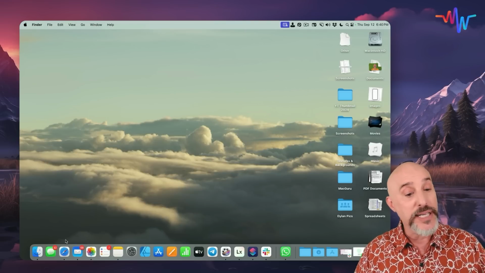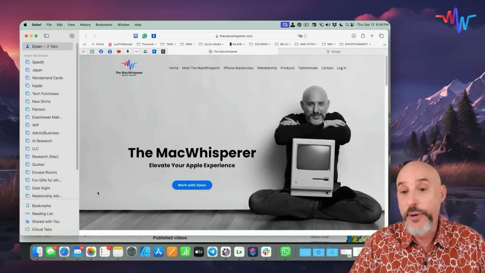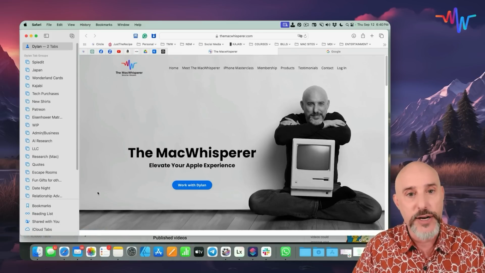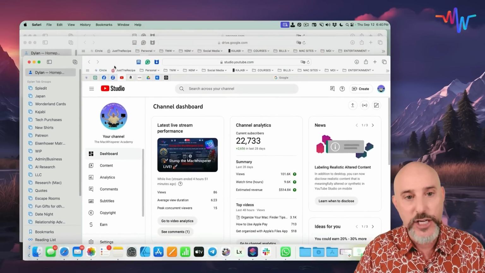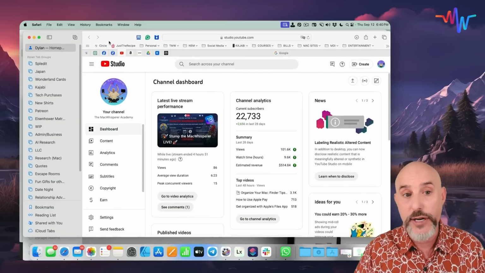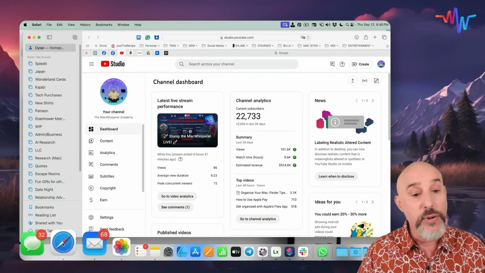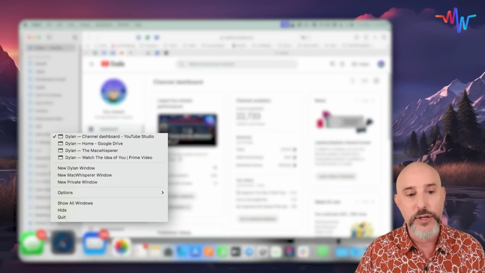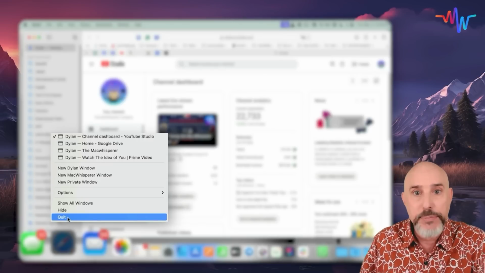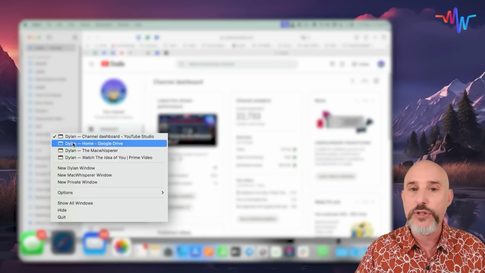We know that simply clicking on any application will open it up. So clicking on Safari brings my Safari windows front and center. But if you have more than one window on a specific application, like I've got on Safari here, you can also use the dock to navigate through the open windows. By right-clicking or pressing and holding on any app, you'll get this pop-up menu, which can allow you to quit any app right from the dock, or allow you to open any of the windows that you have open in